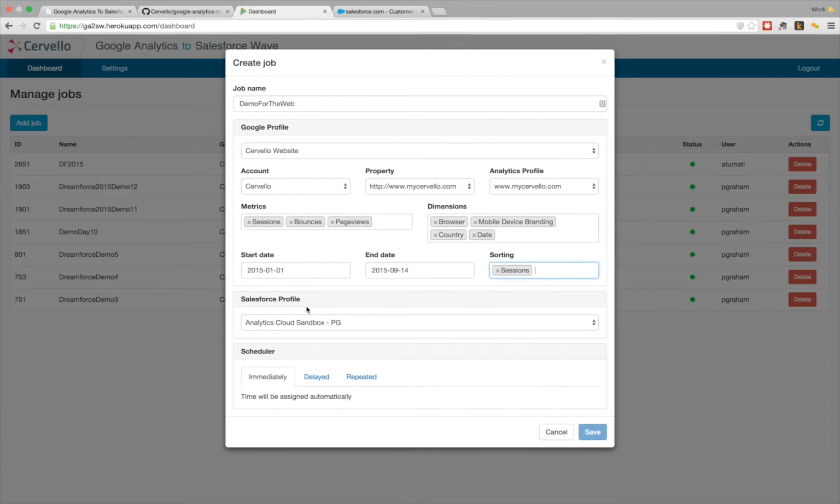Again, then I'll select my Salesforce profile that I want to run this. So I've got one profile. So again, this represents the Salesforce instance or org that I'm loading into. I can then decide if I want to run this immediately, delayed, or repeated. Delayed would be to run it at a future date. Repeated would be if I want to run this on a set schedule going forward. But I'm going to go ahead and hit save here. What that's going to do is going to allow me to